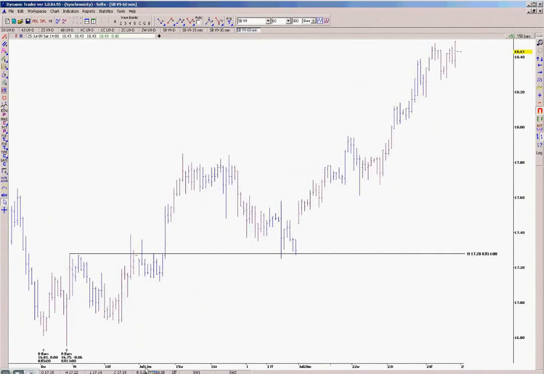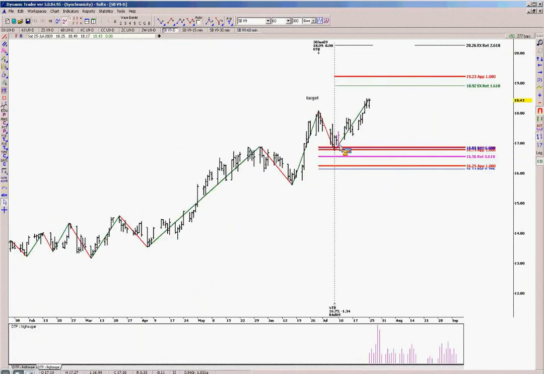Now, once that occurred, and I knew that we had that daily support and pattern, that was when I wanted to be setting up the buy side on the pullbacks, at least until it got to the 1272 target, which was met on Friday at 1835.